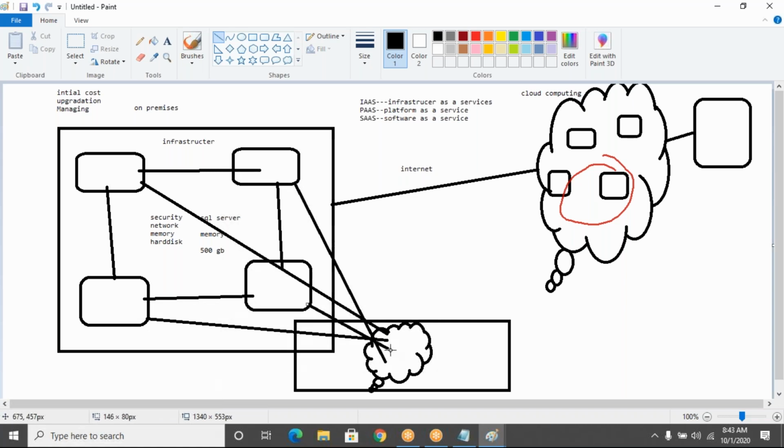This is called private cloud. This is managed by TCS only. This is not public. This is private, only for the TCS company. They have their own data center, and any services required by all the people, they will access here. They will maintain some URL, www.tcscloud.com, something like that. So there are public cloud vendors and there are private cloud vendors.